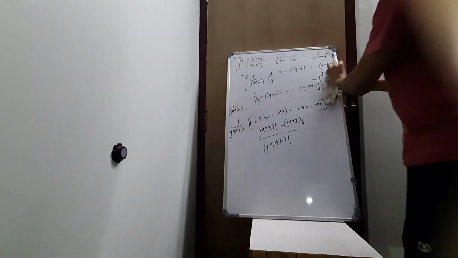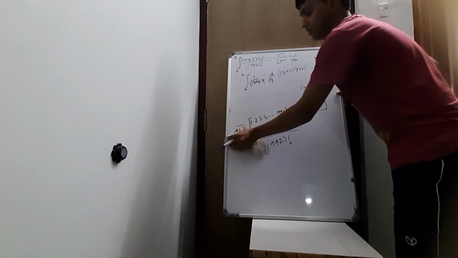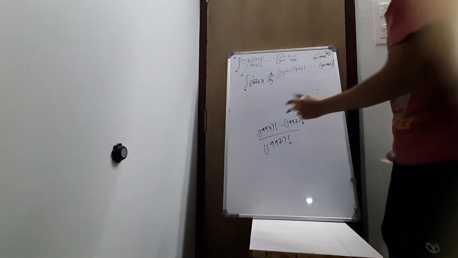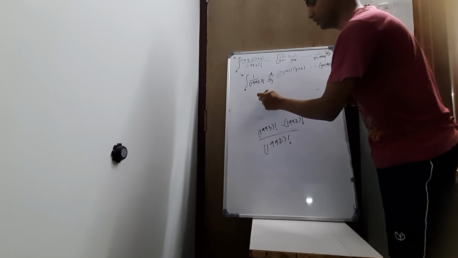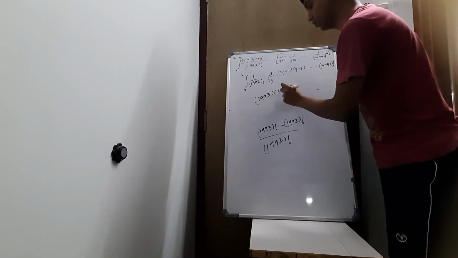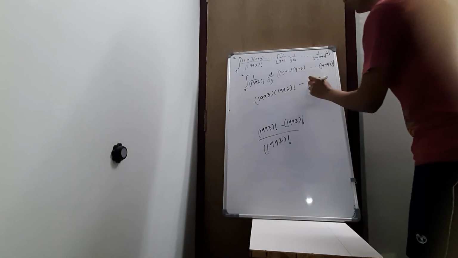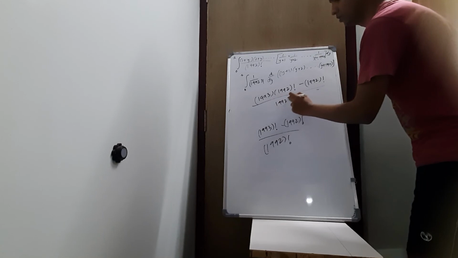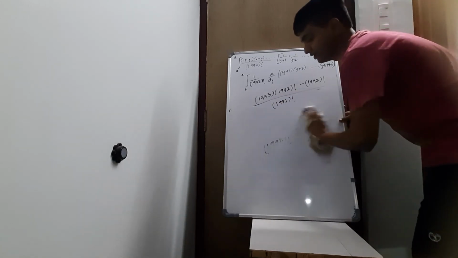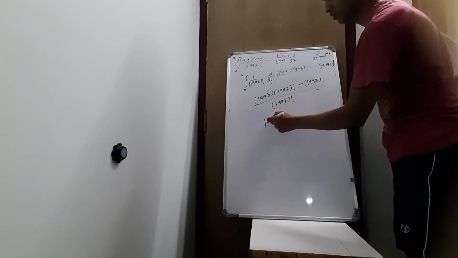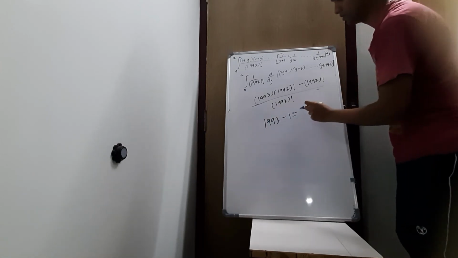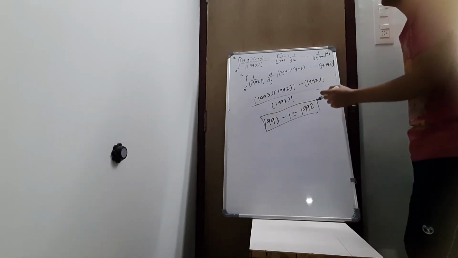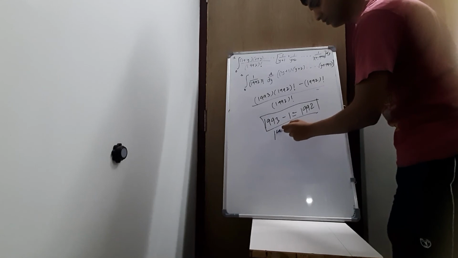And the good thing to notice is that the exam was conducted in the year 1992, and you can see that 1993 factorial can be written as 1993 times 1992 factorial, minus 1992 factorial, divided by 1992 factorial. If we cancel 1992 factorial, it's simply 1993 minus 1, which is 1992. Hence, the answer of this whole big thing is 1992, right?